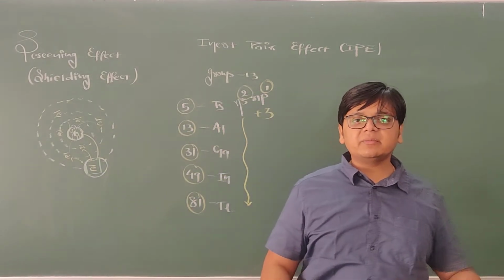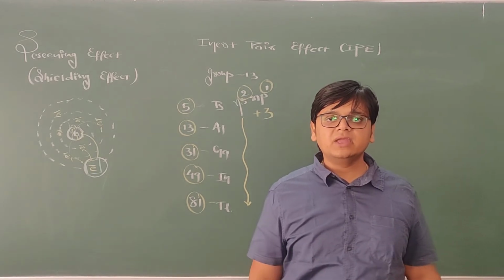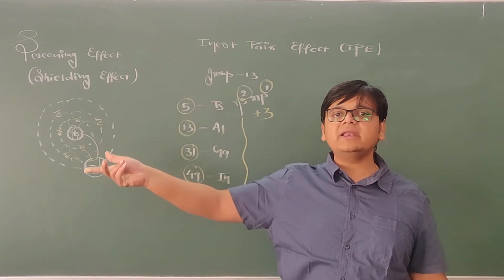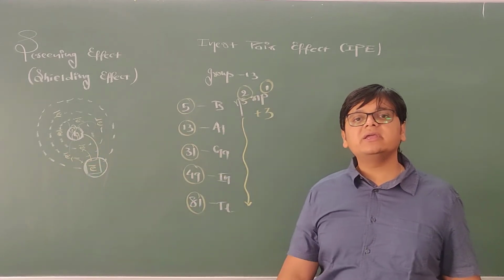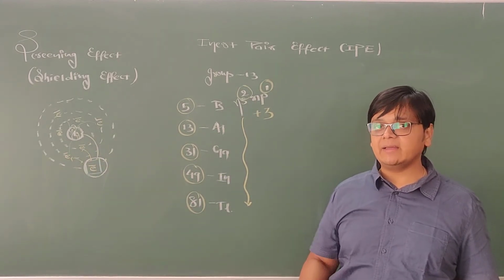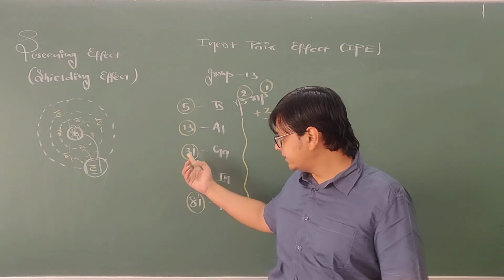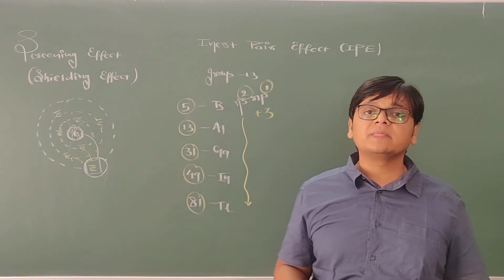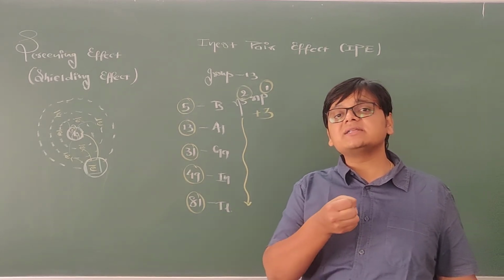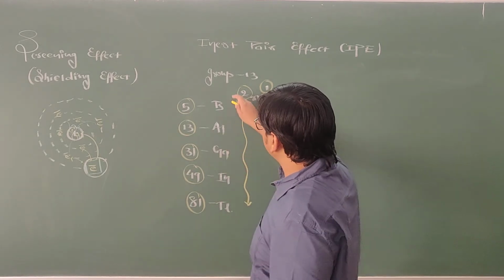It means that the number of protons in nucleus are gradually increasing, as well as the numbers of electrons in orbitals are gradually increasing. So what will happen? The nuclear charge will increase. And as the nuclear charge increases, what will happen? The electron of this s orbital